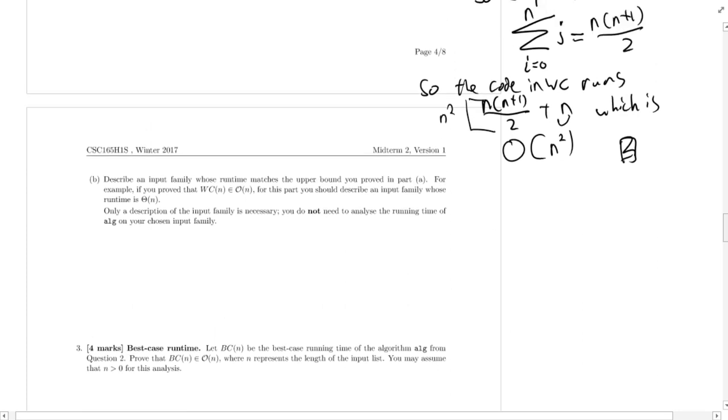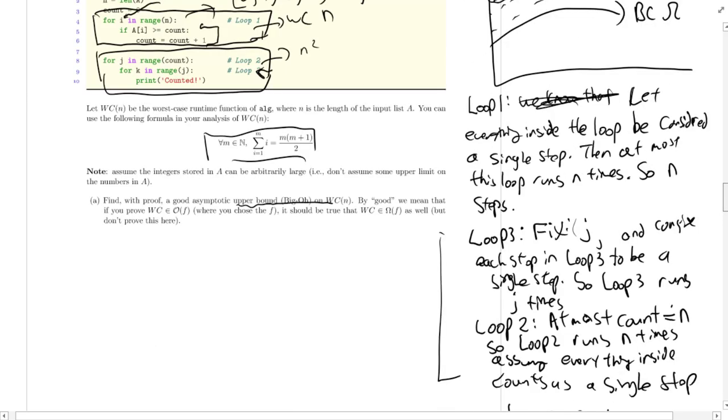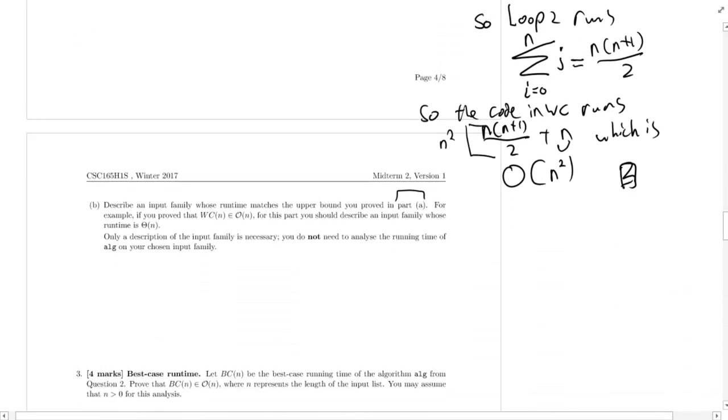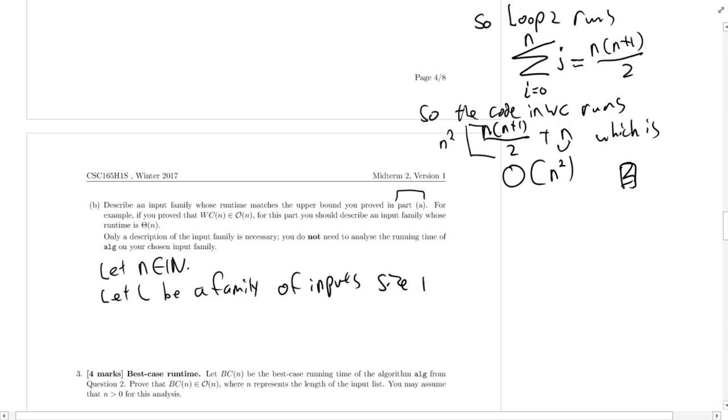Okay, so we want to describe an input family whose runtime matches the upper bound that we proved in part A. So what we want here is for this to iterate every time this happens. This means that count starts at 0. So first of all, we let n, and then we say let L be a family of inputs of arbitrary size n such that